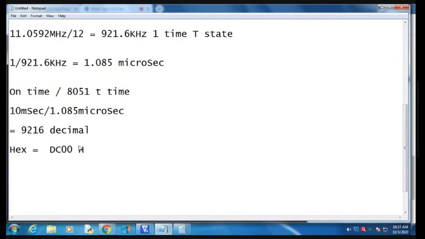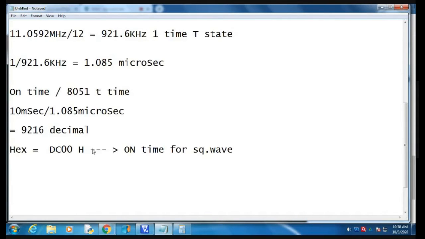This is the hexadecimal value. So I got the on time for a square wave.